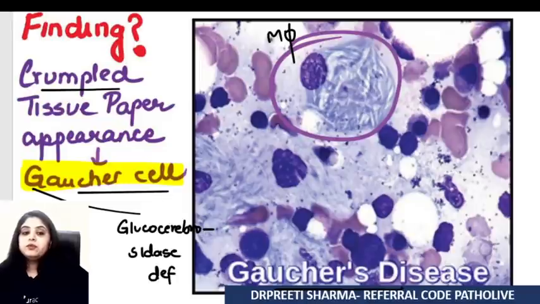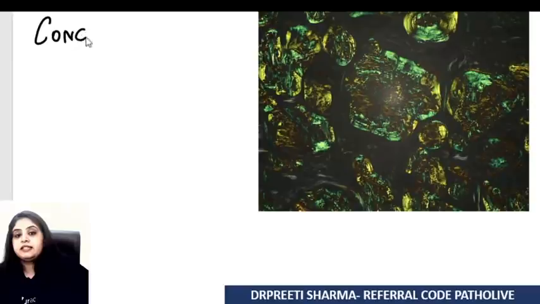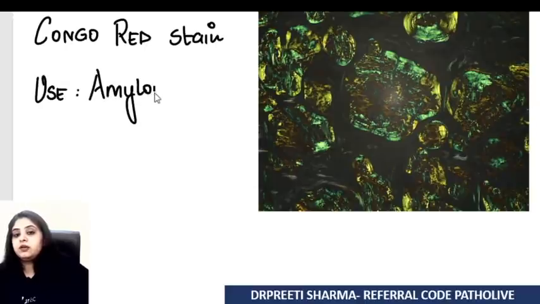Well, now let's move on to the next chapter, because the next chapter does not have too many images. It's got a lot of theory to deal with, but images are very few, and that's this. So if I ask you that this is something that I've done using Congo red stain, I think everyone has identified that I've moved on to immunity, and the material that I'm talking about is amyloid. Congo red stain, what is the use of this stain? The use of this stain is that it helps in staining amyloid.